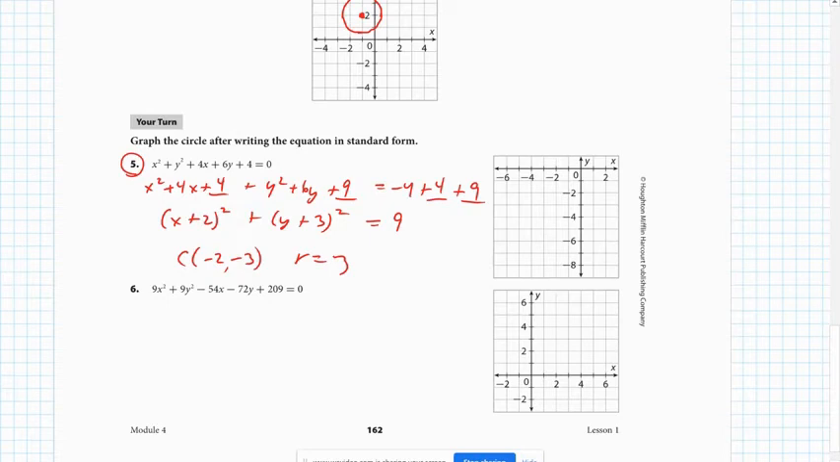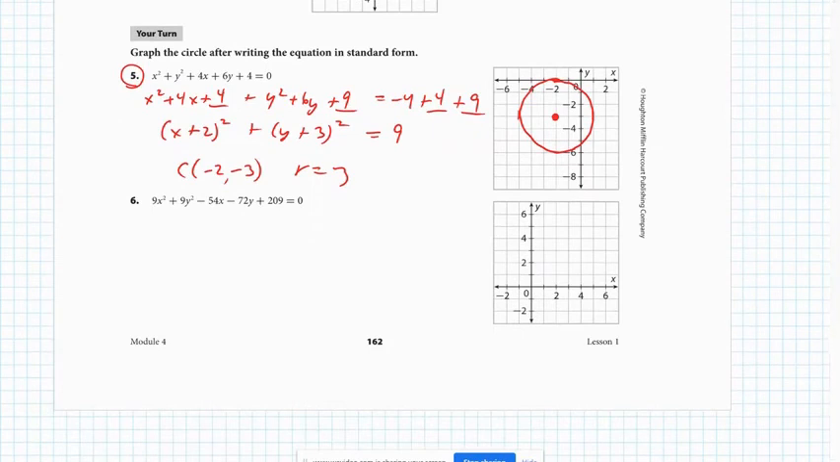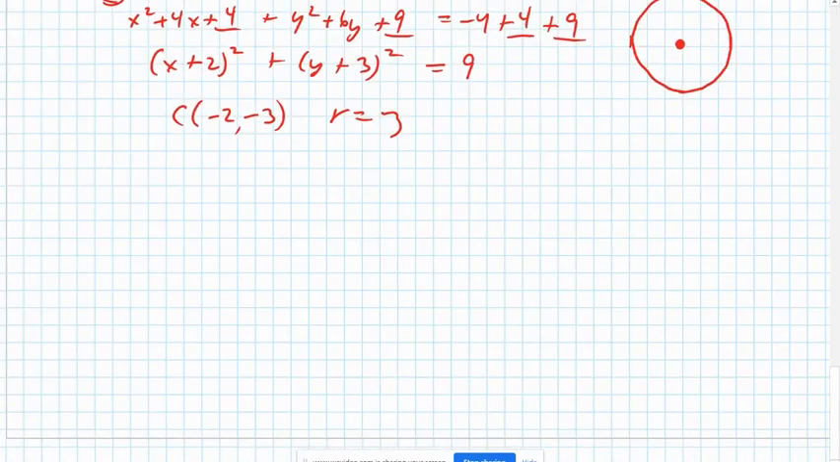So -2, -3, and our radius is 3, so we'll go 3 in each direction. And our circle looks like that. Okay, for problem number 6,